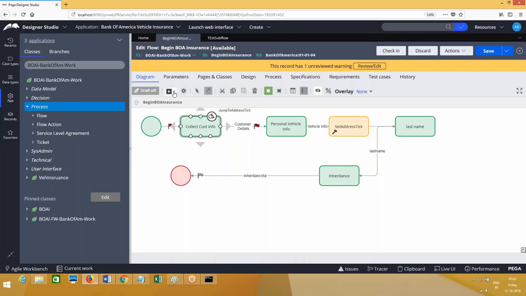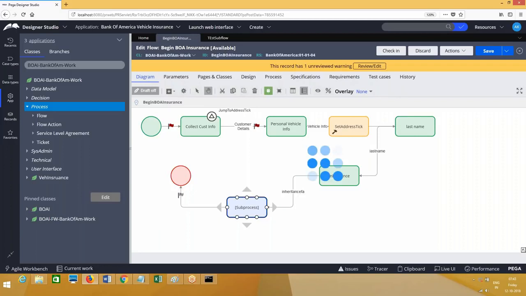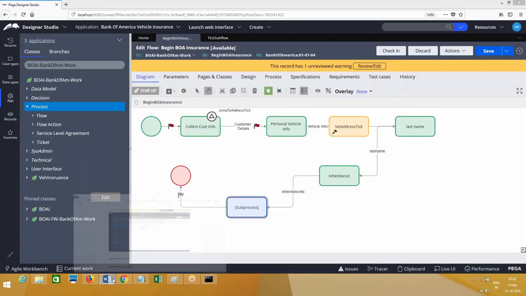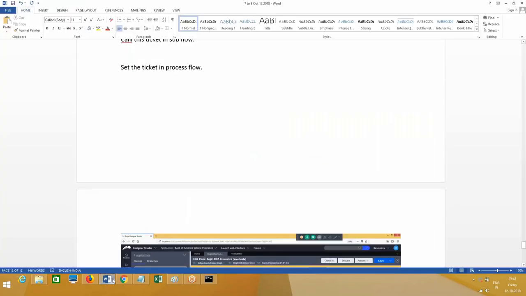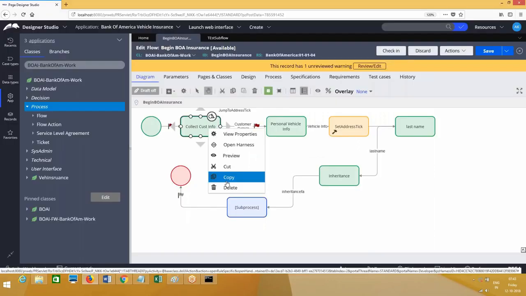You need to use the subprocess shape. I think we have done this, right? Subprocess shape, and here you go. Double click on the subprocess shape. Let me give the screenshot. And I will remove this here. Before I proceed forward, to make sure that it is not going back, I wanted to remove this.